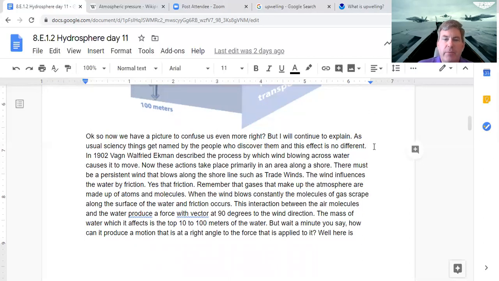So now these actions take place primarily in an area along a shore. There must be a persistent wind that blows along a shore, such as trade winds. This is not something that happens just every once in a blue moon. The wind has to be consistent and happen pretty much all the time. So the only time we see places like that are where the trade winds happen, trade winds being areas where the Earth's motion produces the Coriolis effect, which goes into